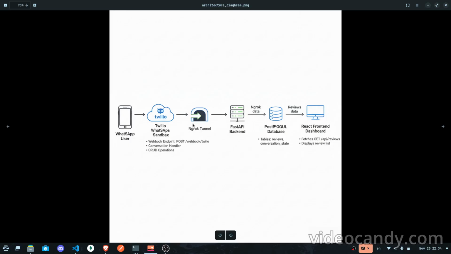Basically, this request will reach ngrok. ngrok exposes the public HTTPS endpoint, because the FastAPI backend is running locally on a server, so Twilio cannot access this localhost server. So we use ngrok so that the localhost backend API endpoint, which is webhook Twilio, is exposed to the public. So ngrok acts as a reverse proxy here, and then the request hits the backend,